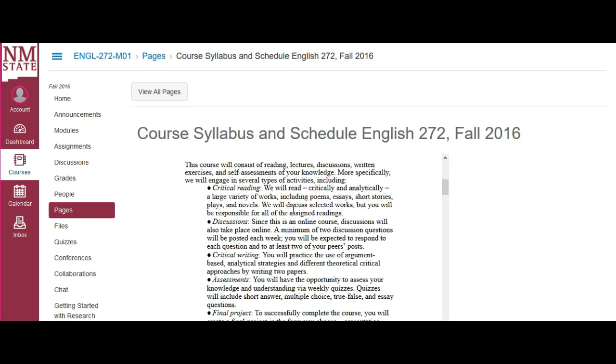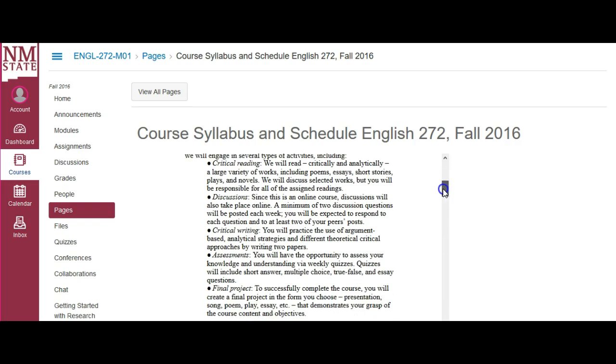And I would also like to look at some of the activities we'll be doing during the course. The first and most important will be that critical reading. And I want to emphasize that we will be discussing some of the works, but I will hold you responsible for all of the assigned readings. The discussions are a critical part of the course, and